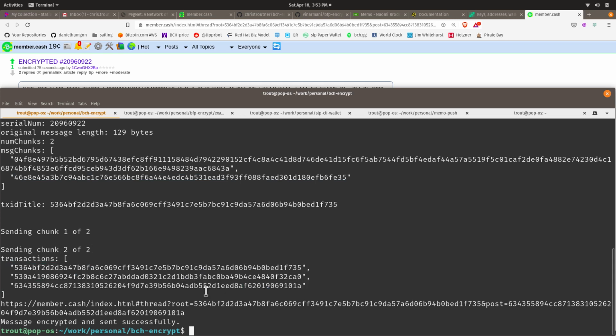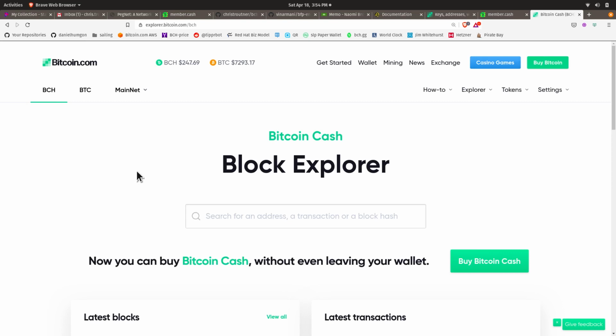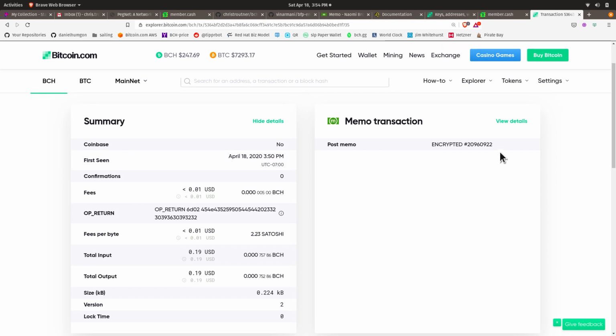So these are all transaction IDs. If you went to like the Bitcoin.com block explorer, you can look those up. In fact, let's just do that right now. This is the title transaction. So if I go to explore.bitcoin.com, I can put that TXID in here. And it's smart enough, it picked up on the memo protocol, which is the 6002. It starts with 60 and then a number, which represents the memo protocol. And so this is just the title. That's just the part that's there, and that's this part right here in the OP_RETURN.